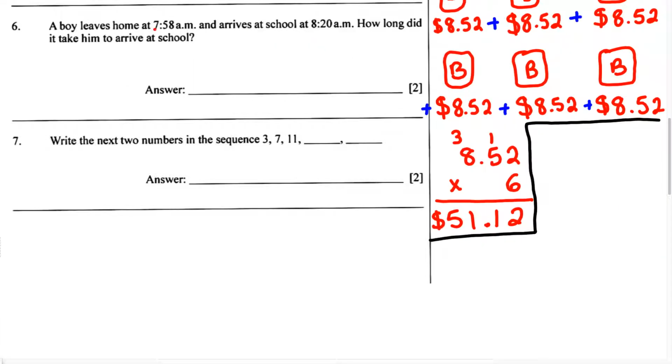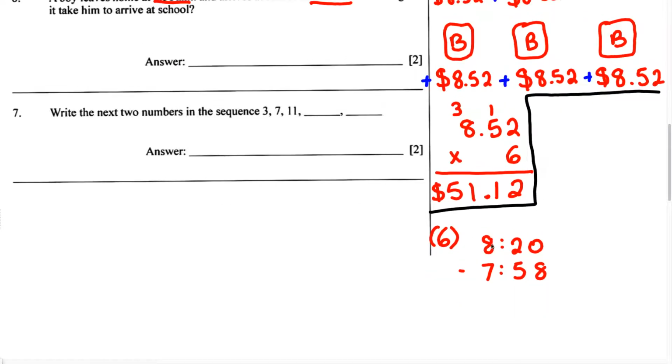We have 7:58 a.m. and we have 8:20 a.m. And we're going to subtract these two times. And because both of these times are in a.m., we're just going to subtract. We can write number 6 right here. And we can say 8:20 a.m. minus 7:58 a.m. And we should note that this side is going to be the minute side and this side is the hour side. Now when we subtract this,